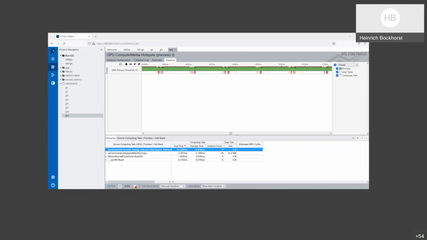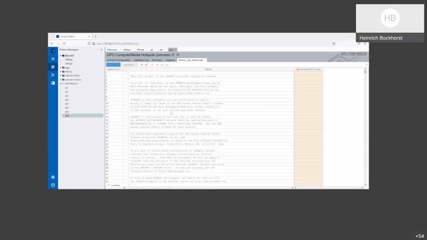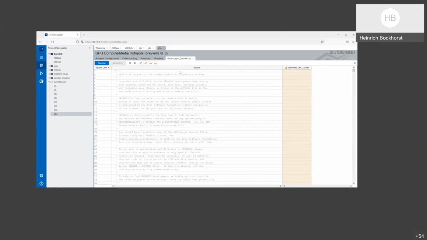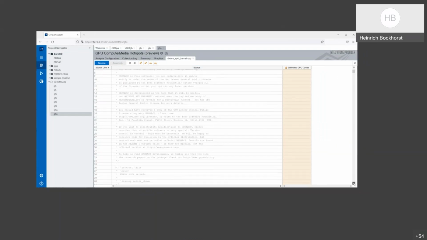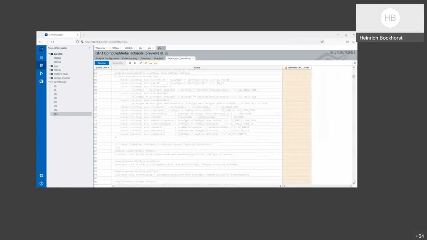Then we can also double click on the kernel name and get the source view. I'm sorry that this didn't work here. I don't know why. Normally you can click here on assembly and then get also the assembly view, and click on a source line and see the assembly with the source line. It's probably because this